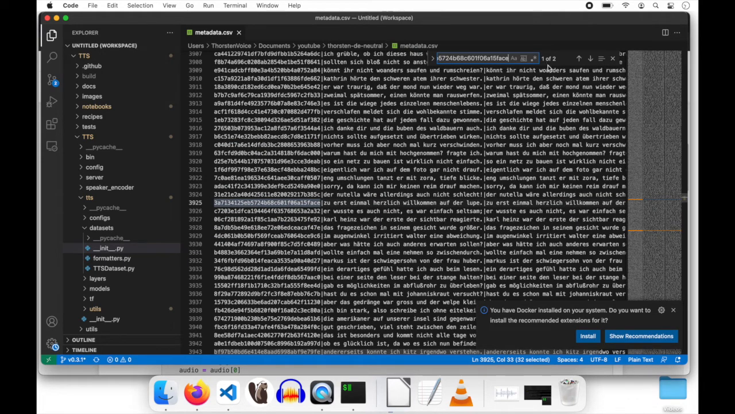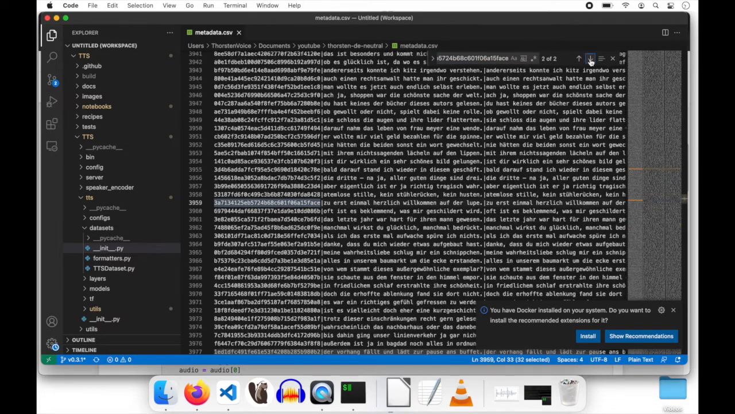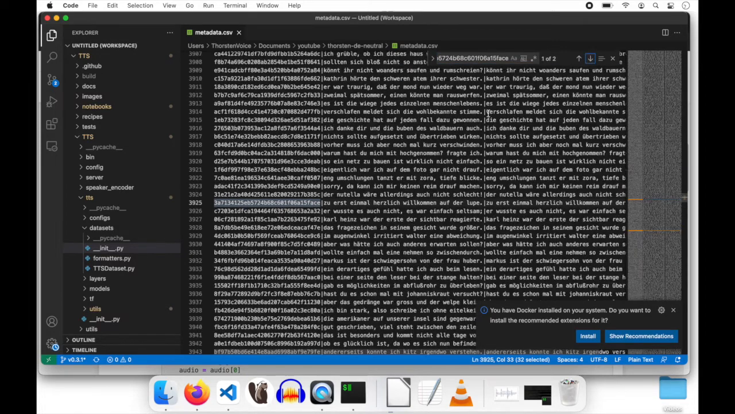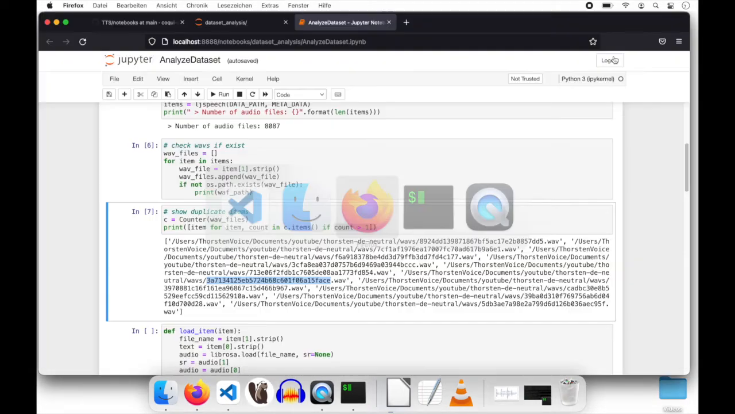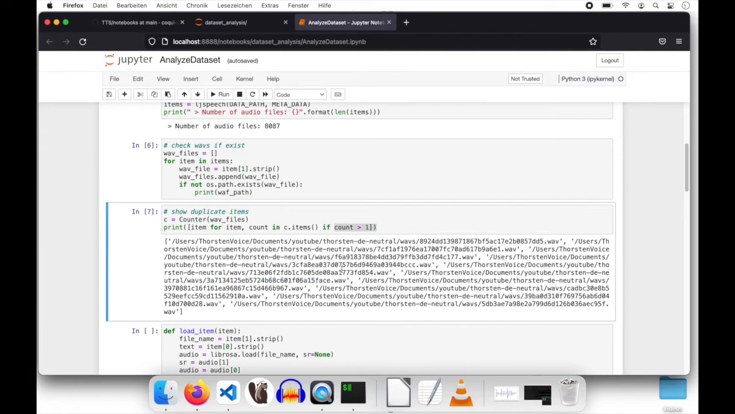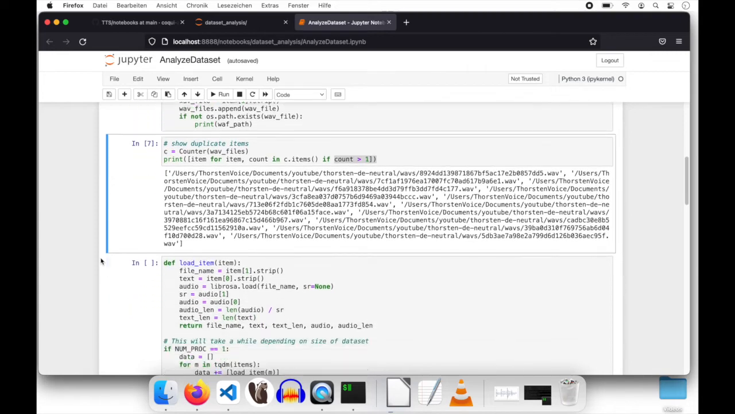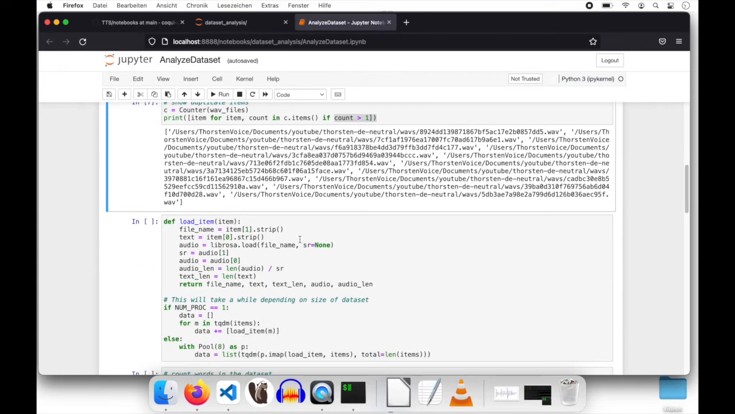As you can see, found 1 out of 2. That's always the same text in my case, and it's the same file name. So probably I can remove these few duplicate items from the metadata CSV file. Then let's run the next step,